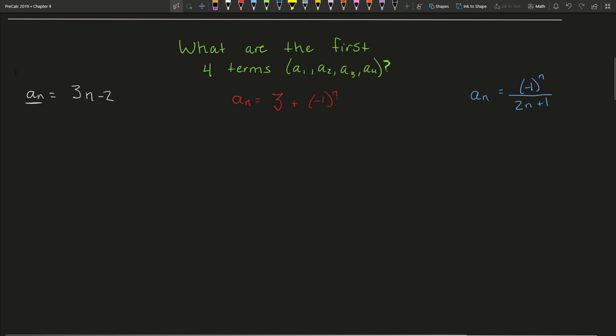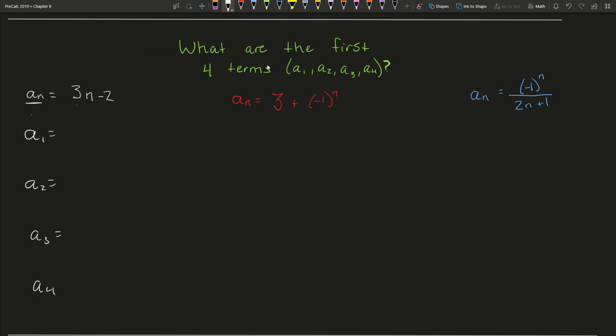And we are given a rule for the nth term in red, white, and blue. Okay. So we're going to work first with the white example. It tells us that our sequence is defined where the nth term is 3n minus 2. And we want to find a1, the first term, a2, the second term, a3, and a4. And all we're doing is substituting in 1, 2, 3, and 4 into that sequence and getting